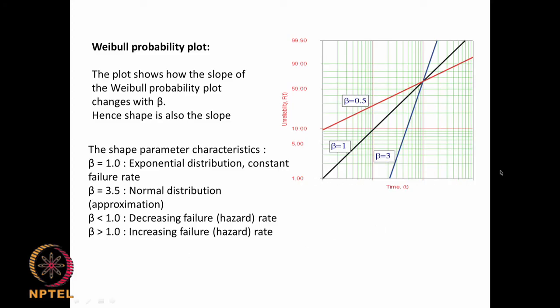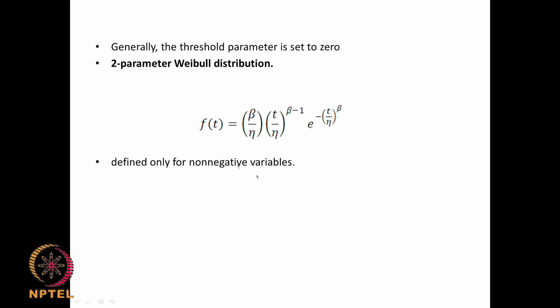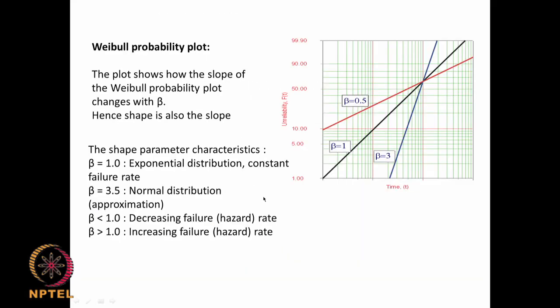Here we have the time here, and then we have the unreliability here, that is the F(t) here, okay, capital F(t) as against small f(t), please note. So, beta is the slope, okay, beta 0.5, beta is equal to 1, beta is equal to 3 and so on, and generally around 3.5 it is a normal distribution. Beta is equal to 1 is an exponential distribution, constant failure rate, that means parts will fail in a very constant manner, there is no relationship with respect to time at all, it will keep on failing regularly. Beta less than 1, decreasing failure rate,